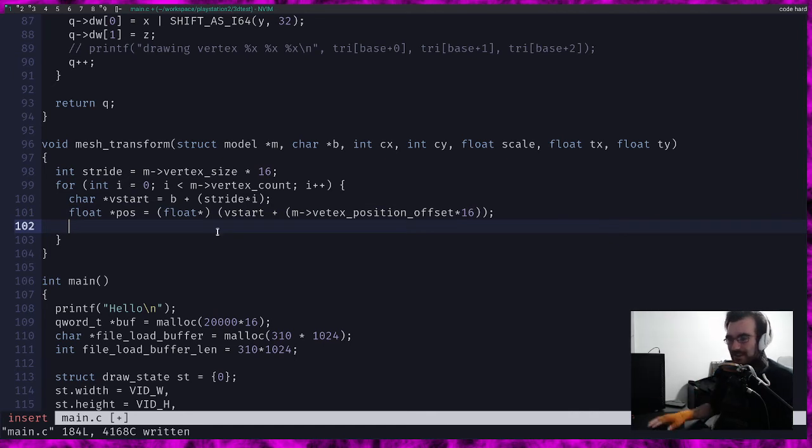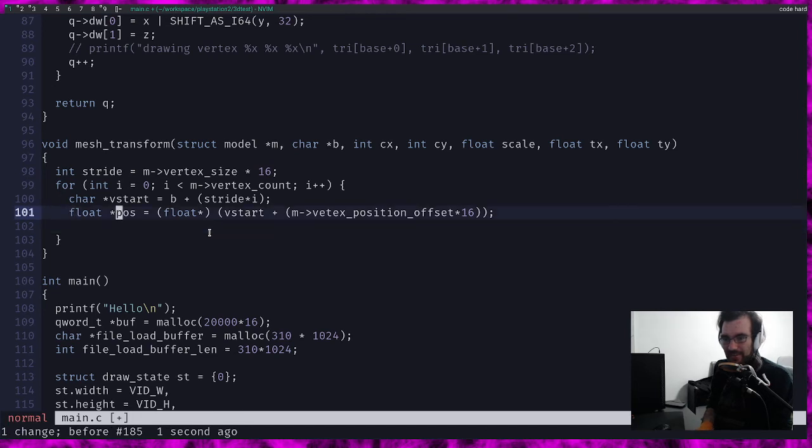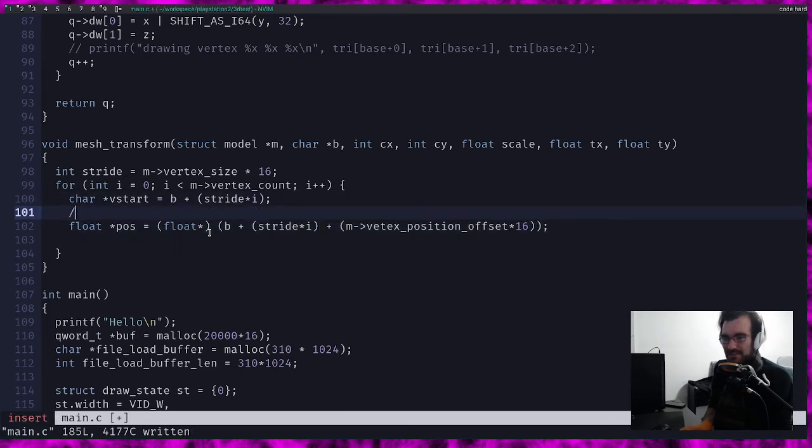So indexing is going to be different. We have to do all this maths while we're still wearing our byte hat, right? And actually we can collapse this all down to one expression. So v start, I don't know if it's more readable here without this, but let's say b plus stride times I plus the position. So get